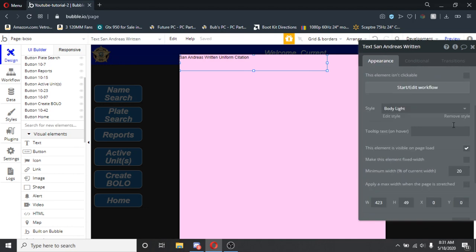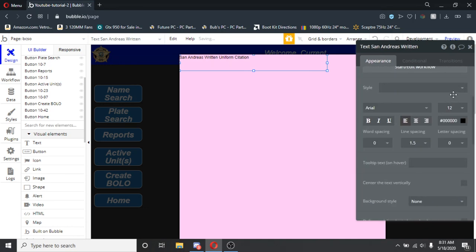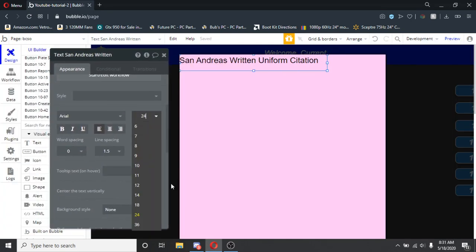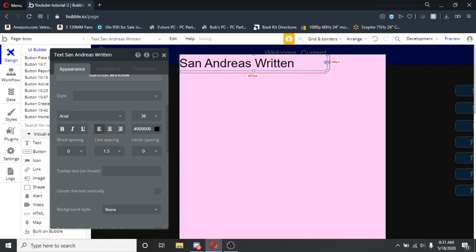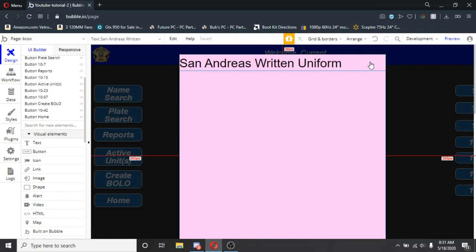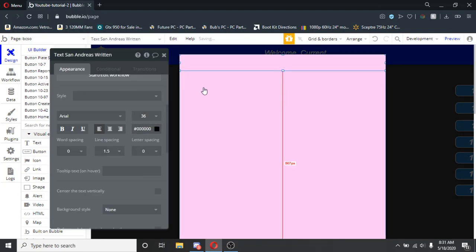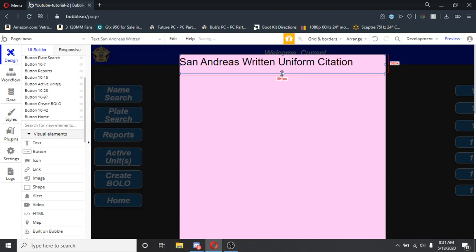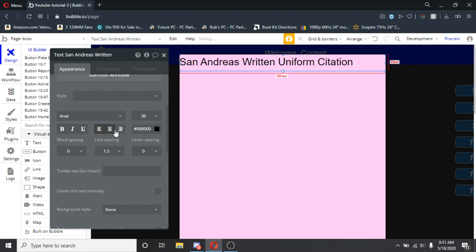And we will put this as black and 24, I guess. It'll probably be 36 when we're done, so I'll just go ahead and do that. Don't think that's gonna fit. It is not, so we're gonna make it 30. Will that fit? Let me just drag it down so I can actually see it. Yes, 30 will fit. So, center this, bold it if you want, but I am going to change the font